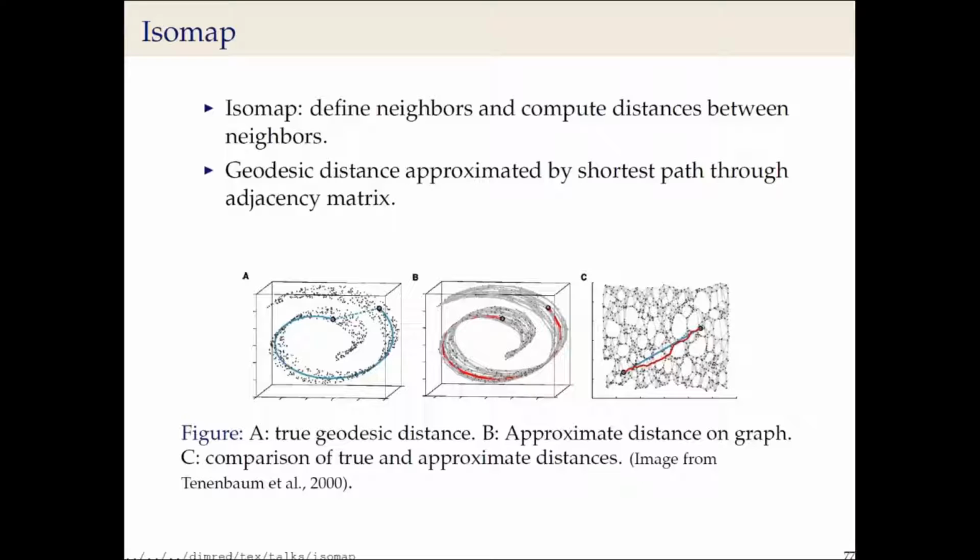Your points are now data points in a high-dimensional space. You decide on a neighborhood, and you connect points to each other by roads, and the distance of those roads is the actual distance between those points. So this is like